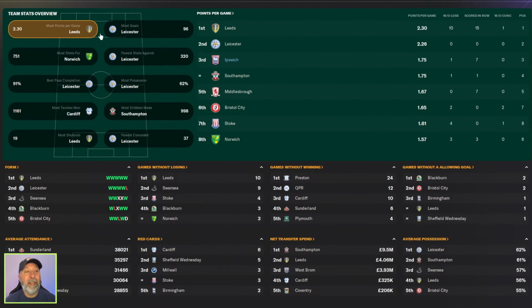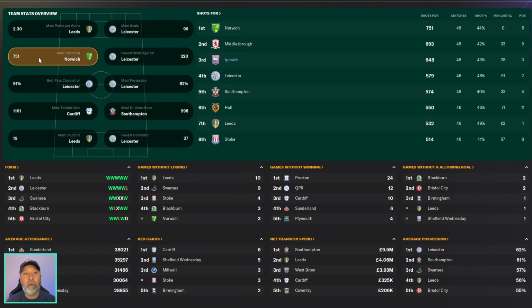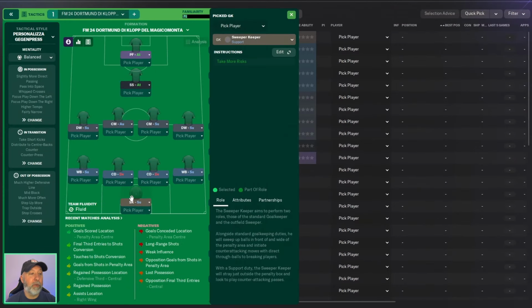Championship stats wise, same deal for Ipswich Town that happened with Liverpool and Aston Villa. Most goals in 4th with 89, fewest shots against in 7th with 444, most shots for in 3rd with 648, and that is it. So let us take a look at the tactic itself, starting with a sweeper keeper in support,